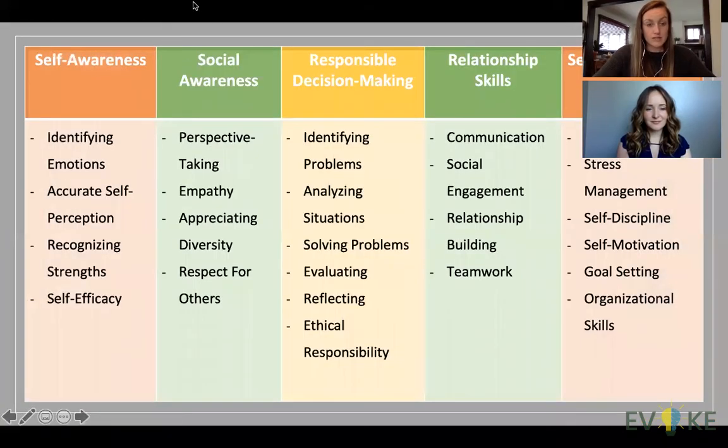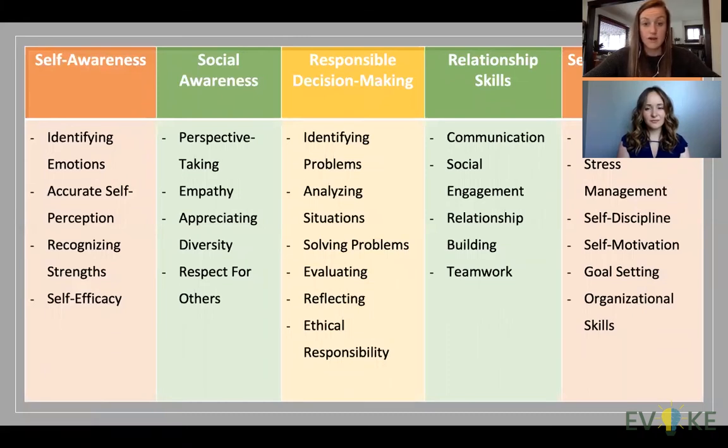So looking more closely at each of the competencies, we're going to start with talking about self-awareness. Self-awareness is what students need to be able to identify their own emotions and to come up with their own self-perception, what they think about themselves by recognizing what they're good at and also what they struggle with. And then we have social awareness, and this involves taking perspective and being able to empathize with others, appreciate and accept diversity, and just also have an overall respect for other people in their community or whoever they're in relationships